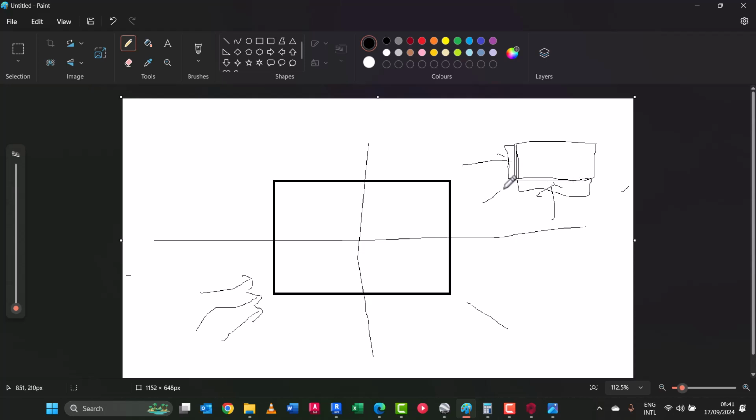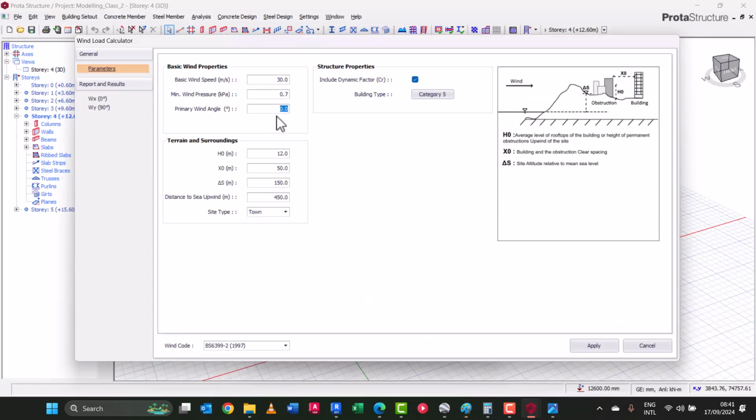So if you're applying to this direction, it means the opposite side, it will also come at this angle, and subsequently at this angle, because the effect will be replicated at this angle and also at this other angle. All right, so let's come back. If you take this to 45 degrees, you observe this, please. Let's take it to 45 degrees and you will see this will turn to 135. The next one will turn to 135, which is 45 plus 90. Okay, so let's take this back to 0,